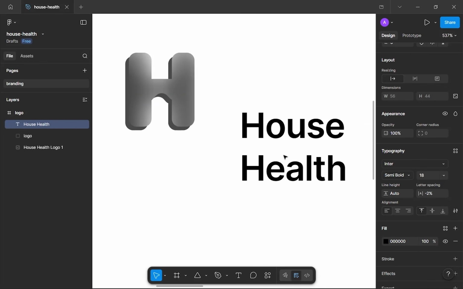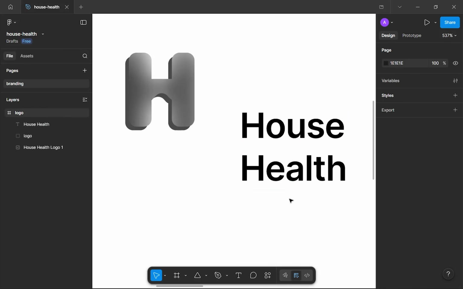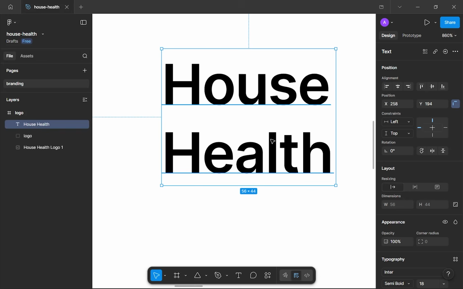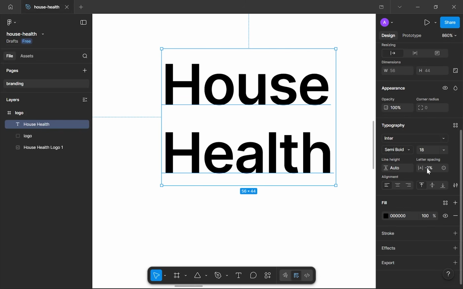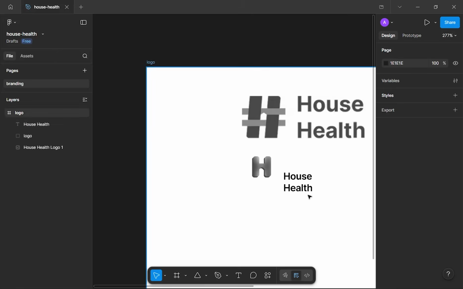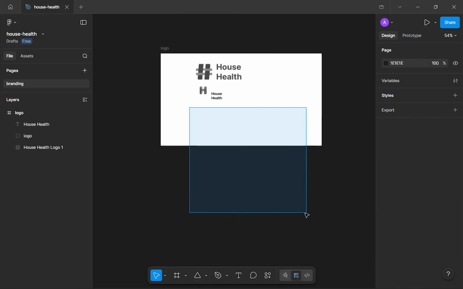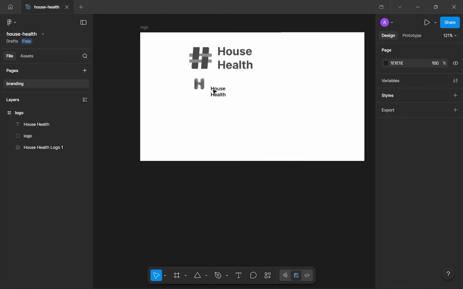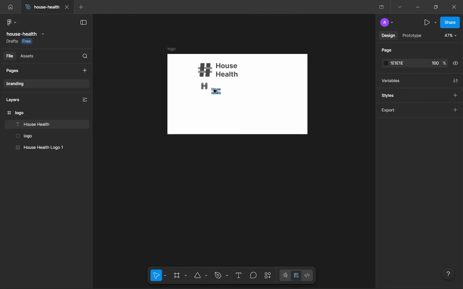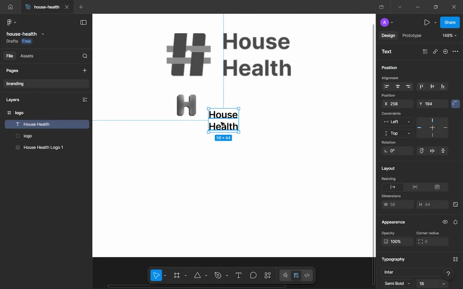Now most of you, I know, use your fonts just the regular way, which is completely fine and it follows good principles. But I like to make some edits to my fonts, including the line name here, which includes just reducing the letter spacing to give it this more premium feel. Now, if you have something like a blog where you have so much content, this might be a bad idea because it's not going to be clear to read. But on instances when you have some branding text, small pieces of text, this is completely acceptable and it looks much nicer